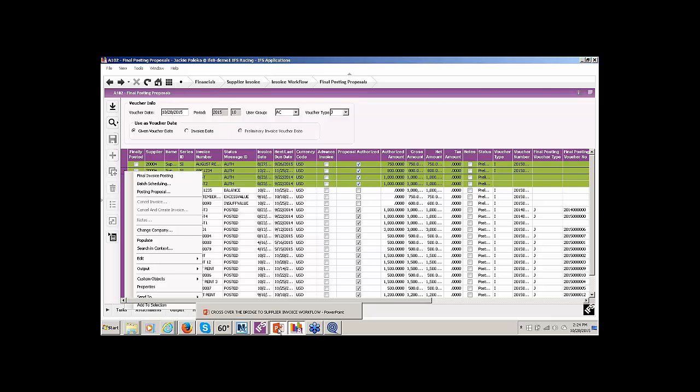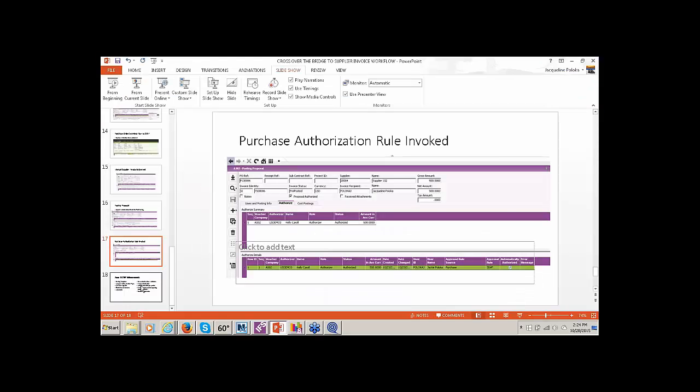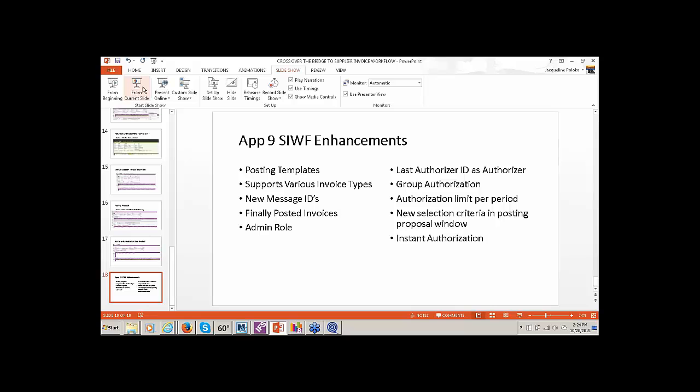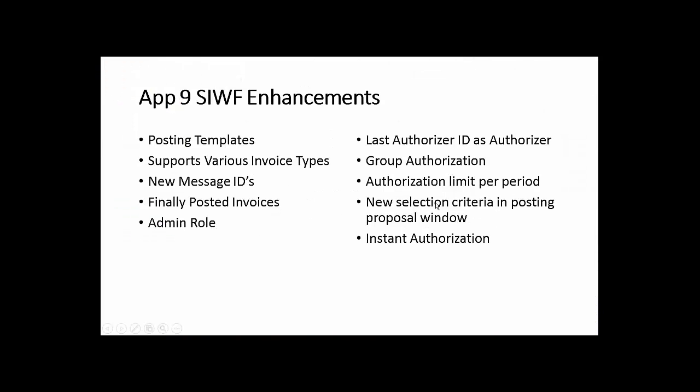I'm going to move back to the final screen of the slide to look at some of the enhancements for the App 9 within supplier workflow. The beginning portion is the same. The supplier invoice is the same, and of course, like I said earlier, that with the Fast AP or the